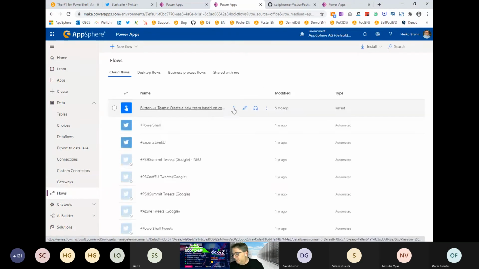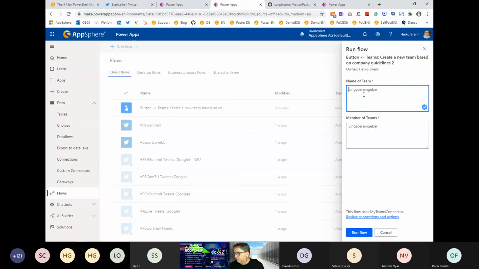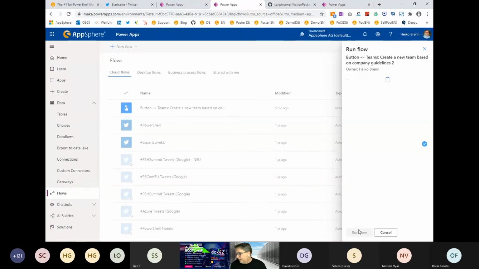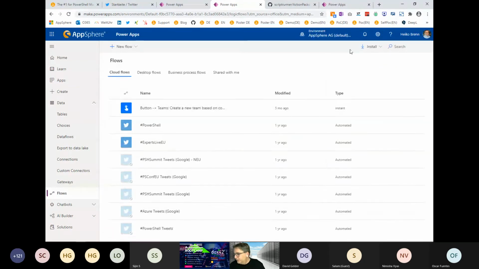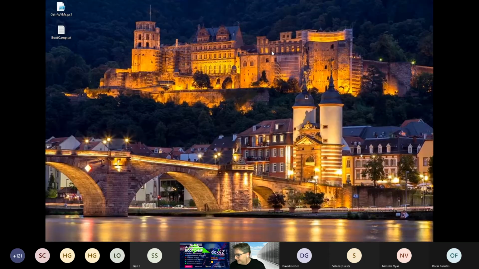Again, here, this is an example for creating a new team, for example. Let me just put that in here. Okay, very sensible information here. Okay, my demo users are pretty musical typically, so sorry for that. Let me just do it. All right. Okay, so based on this integration with